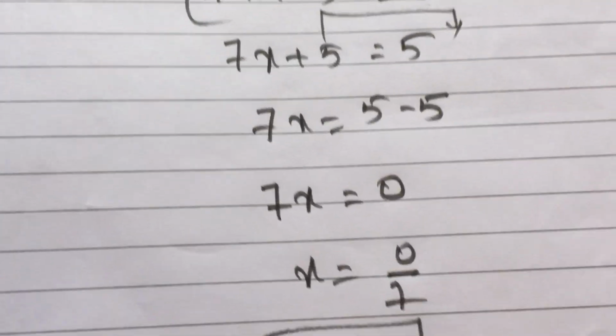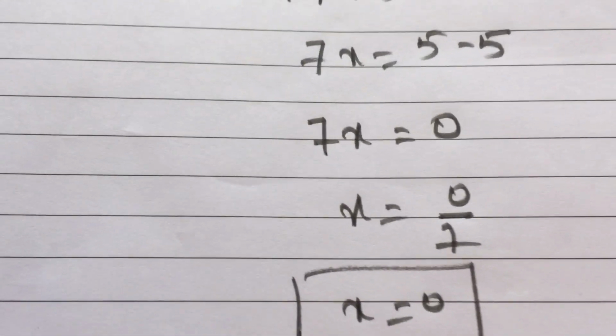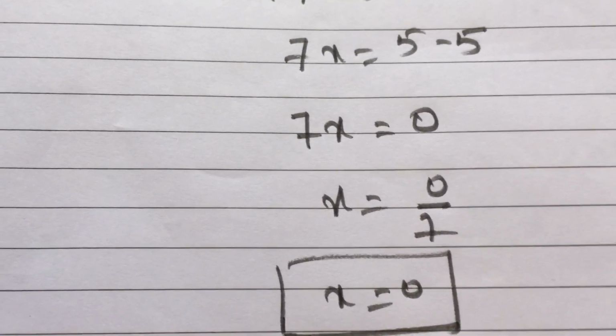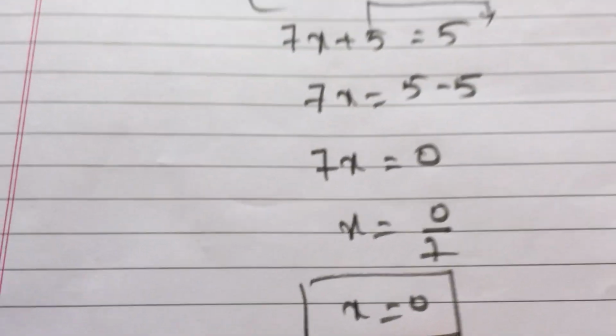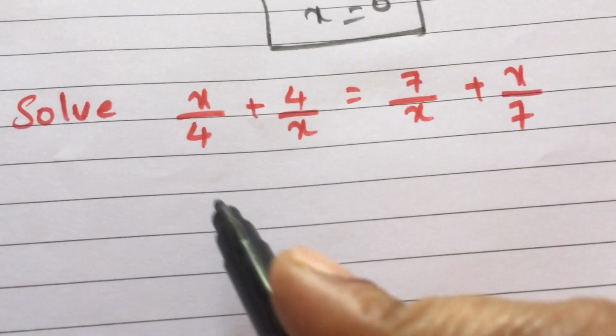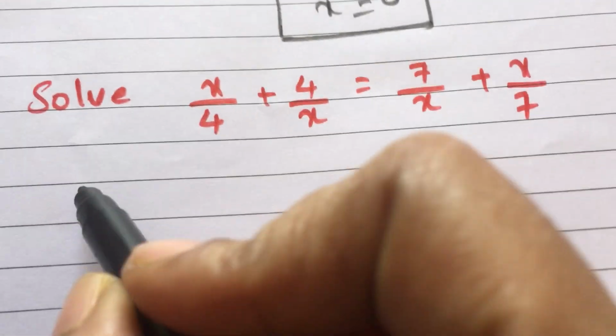Generally you will be scared after getting this value. What is this? Why did x come 0? There must be some numerical value, 1 or 2 something here. But sometimes you can get 0 values also for these kind of problems. Okay, next set of questions is this.